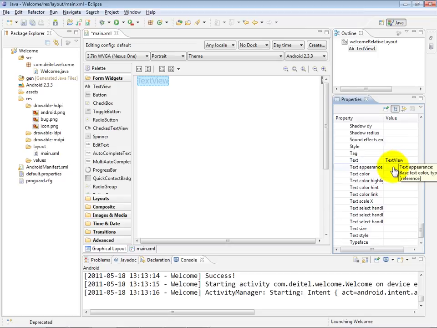Now, we're going to configure some of the options for this text view, and one of the key things we're going to do is, of course, change the text in the program to "Welcome to Android App Development." Now, it's considered a bad practice to hard code string literal values into your apps. And one of the reasons for that is, of course, Android is used all around the world, and we want to make sure that the Android apps that we build can be used by people in different locales who speak